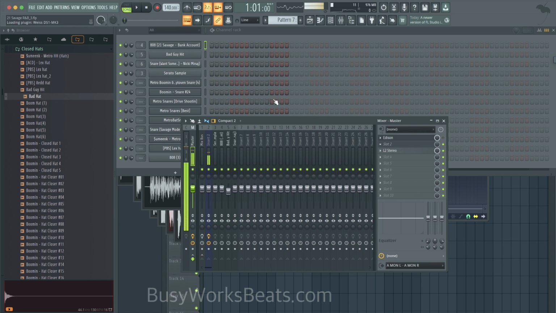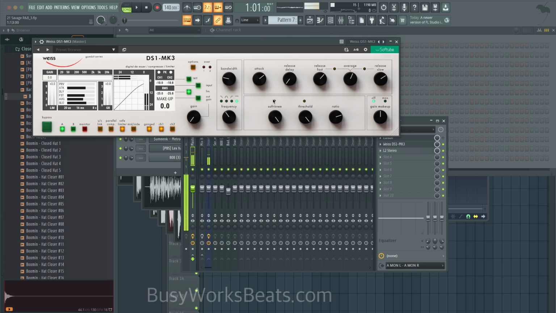I think Mixbus said it's like a $10,000 compressor or something like that. So that's why I bought it, because I was like, wow, the companies who can get the hardware sound into plugin form, those are the plugins I buy, because I've heard the difference between analog and digital stuff. And I'm like, analog just sounds good without even trying. Whereas digital, you've got to really tweak it to make it sound good. Analog just sounds good. You could just set it and forget it most of the time with analog stuff.